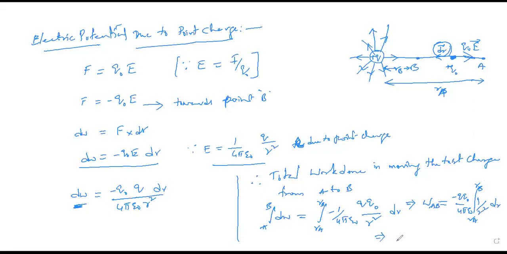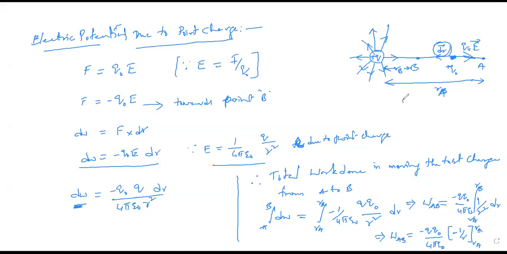So now from here we can write the total work done, due to some external agent, between the 2 points A and B, to move a point test charge from distance A to B. After integrating this, it will be minus Q Q naught by 4 pi epsilon naught. What is the integral of 1 by x square? It should be minus 1 by x. So here it is 1 by R square, so we can write that as minus 1 by R, from RA to RB.